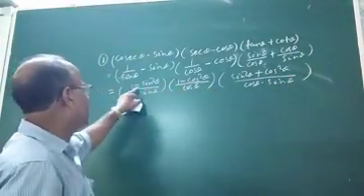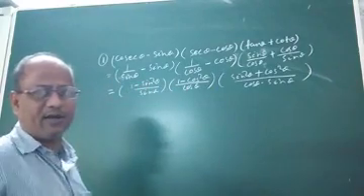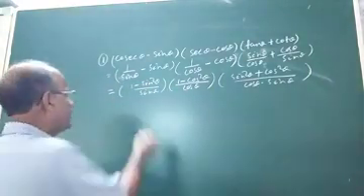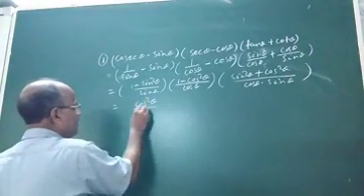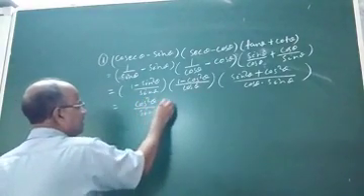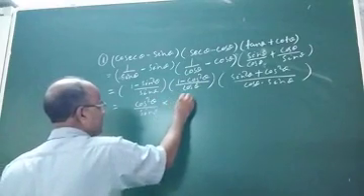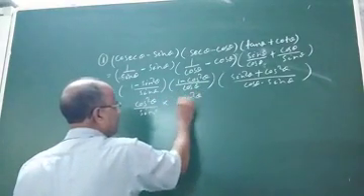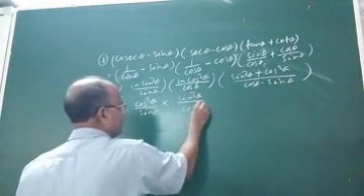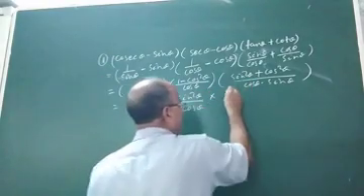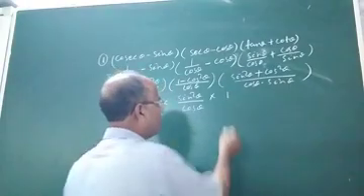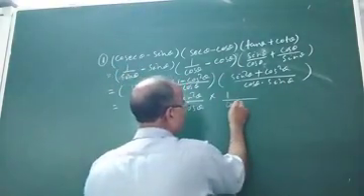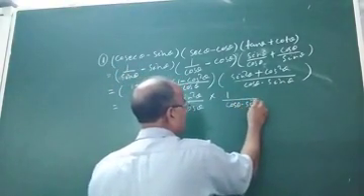You see, this 1 minus sin square theta, its formula is what? Its formula is cos square theta. So write here cos square theta by sin theta into, 1 minus cos square theta is your sin square theta, so sin square theta by cos theta. You know what is the formula for sin square theta plus cos square theta? It is an identity. Its value is 1. Okay. So this is cos theta into sin theta.